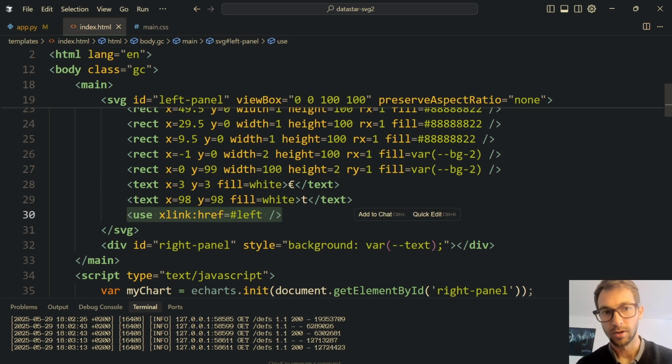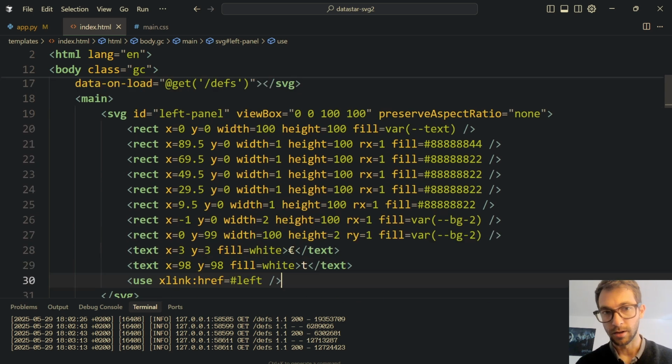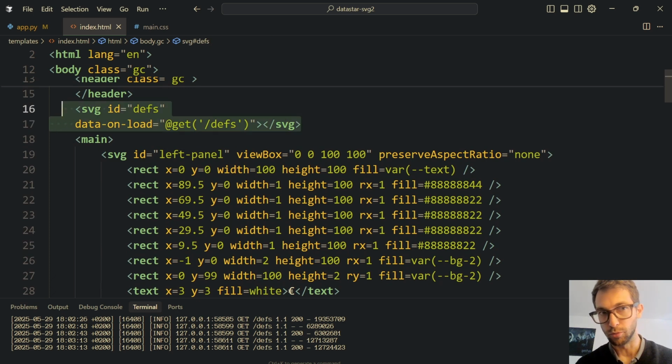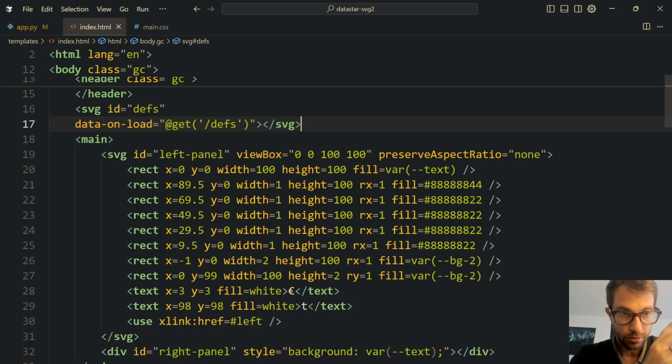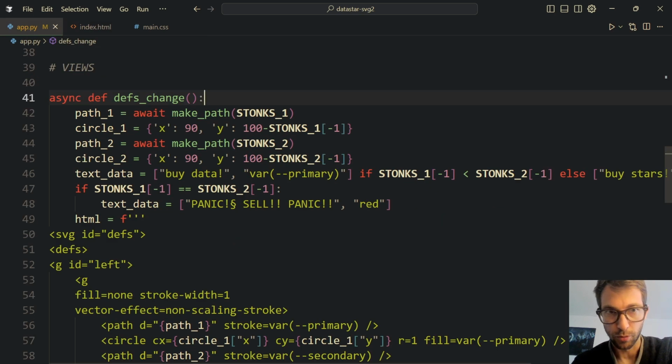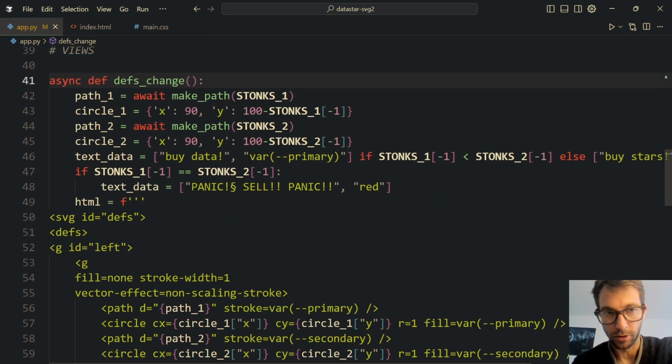So we say, okay, then use the element that we are going to call with an ID called left, because it's the first SVG in the left panel. So where will this definition left be? Of course, I'm going to put it in the def SVG. So how do we change the definition SVG? We call this route on load, this data on load. This route is called def, and we are going to